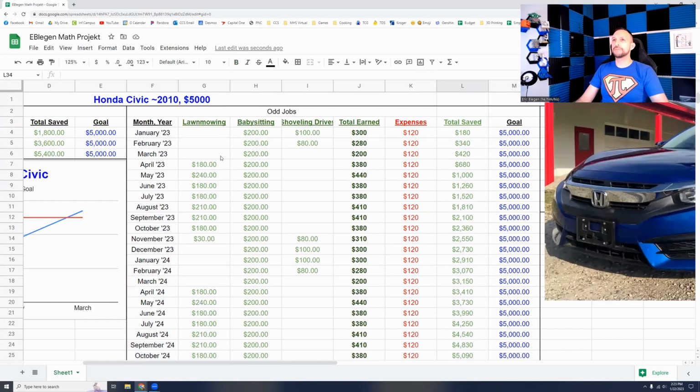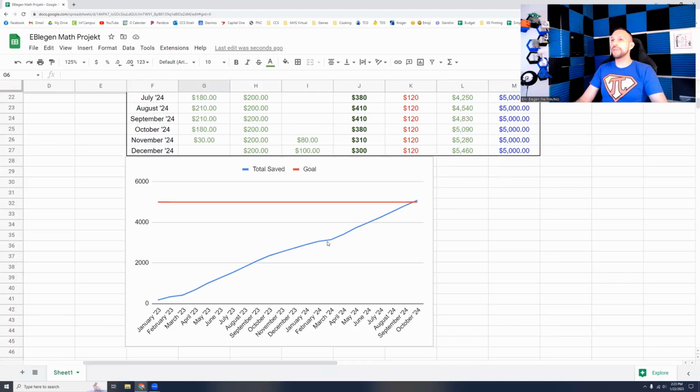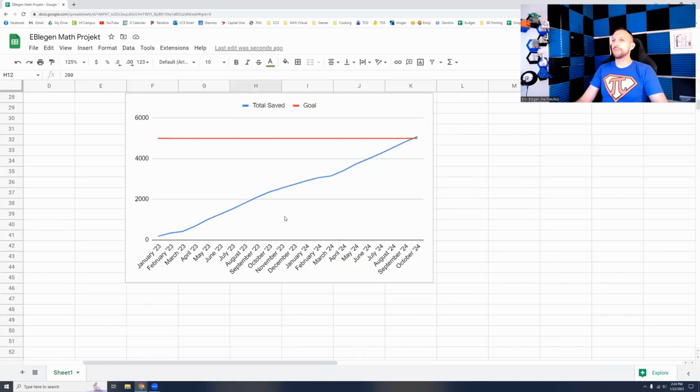Well, those are the months that we're not shoveling drives or mowing lawns. So in the transition periods between winter and spring or fall and winter, there's less odd jobs to be done, even though we're always making something because we're always babysitting. So this makes sense. And this is more real if you are working odd jobs. You're not making the same amount of money every month. So we don't expect a perfect line. But we can see here, by October 2024, we will have met our goal of $5,000, which is what we